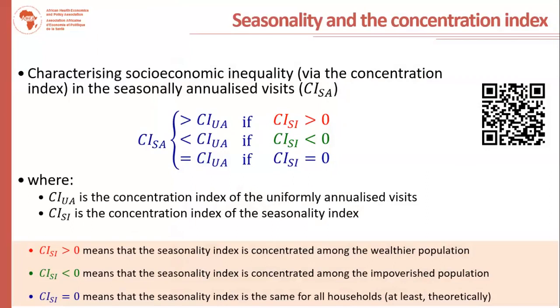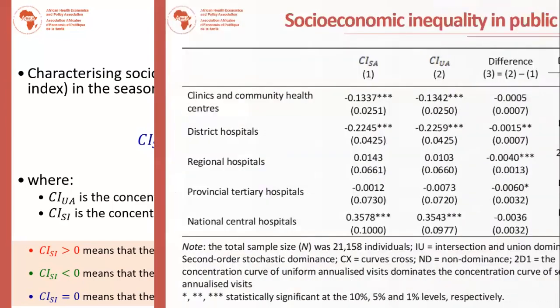The seasonality can either influence your final conclusion to move from pro-poor to pro-rich, can move it from pro-rich to pro-poor, can move it back to equality. So it's a very important thing to take into account. So I implemented this in South Africa. And implementing in South Africa, you see the results